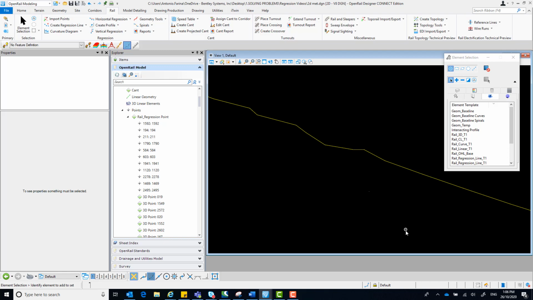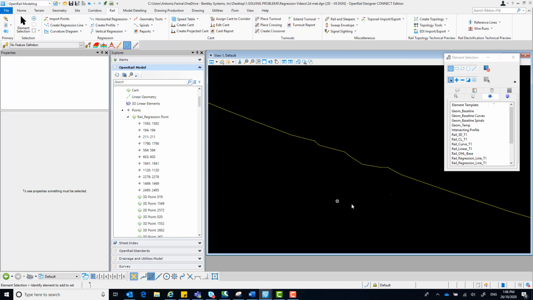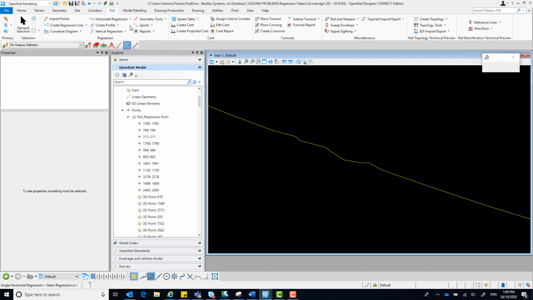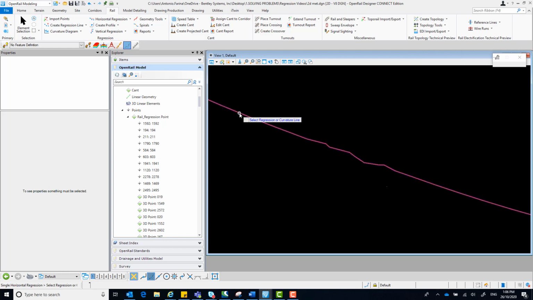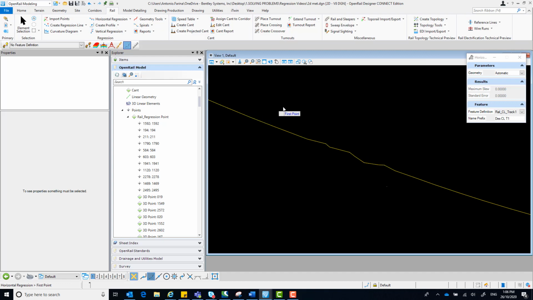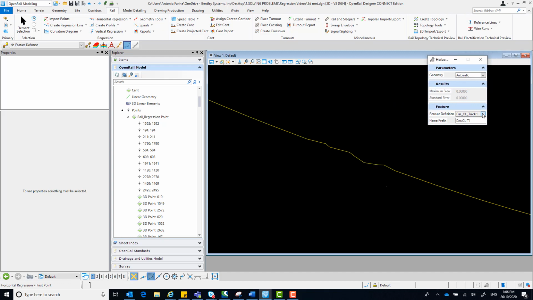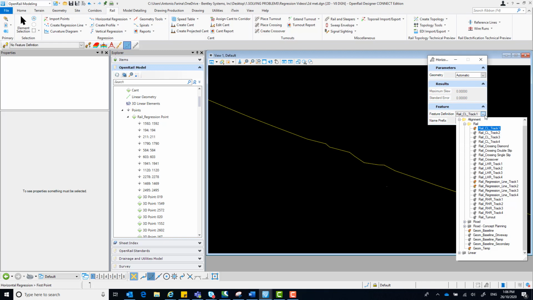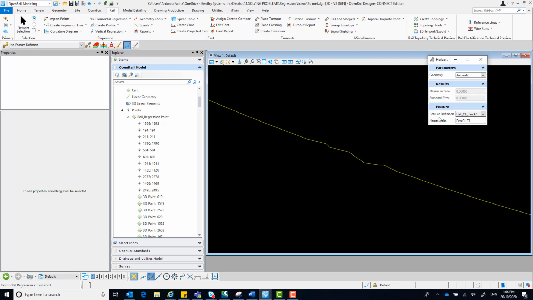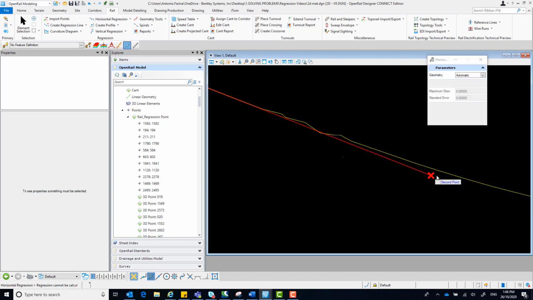Now let's go ahead and try to create a geometry out of this regression, and let's focus on this area. For that, I'm going to use horizontal regression, and I'm going to select single horizontal regression. The first thing I'm going to do is select my curve. I'm gonna set some settings here, yeah, I think that's okay. I'm gonna select my feature definition, and I'm going to select my first point. So I'm gonna use this area,